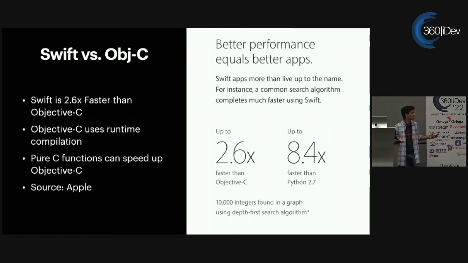Similarly, Swift versus Objective-C. Again, 2.6 times faster than Objective-C. We also don't have this just-in-time compilation, which is part of why it may be so much faster. With Swift, all of your code is compiled when you compile it. With Objective-C, you have the just-in-time compiler that leaves the uncompiled code to be prepared as soon as you're going to open your app. And that does slow you down. What that means is that Swift, by getting rid of this, has sort of a leg up to begin with. And that makes Swift this lightning fast.